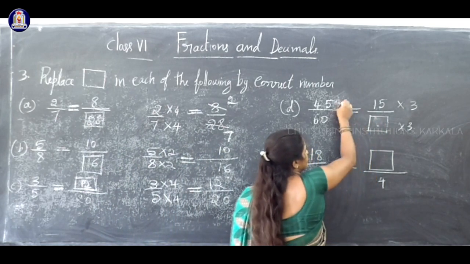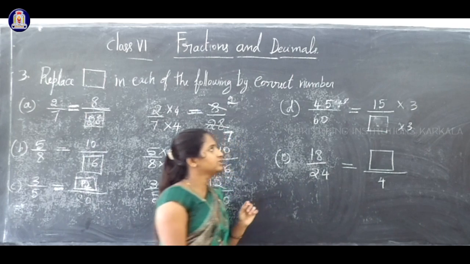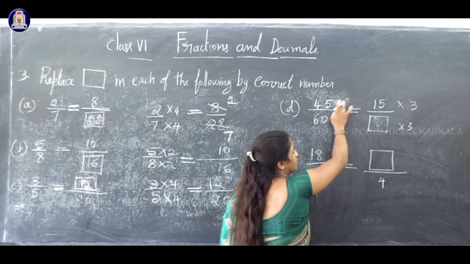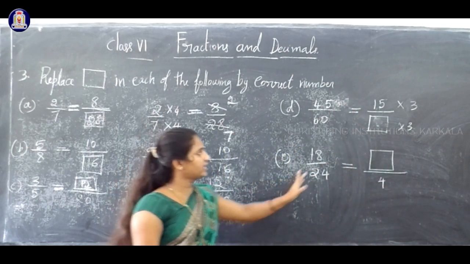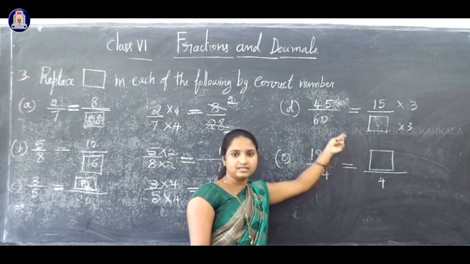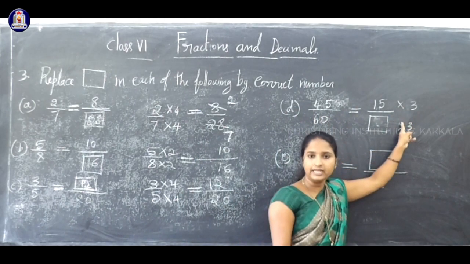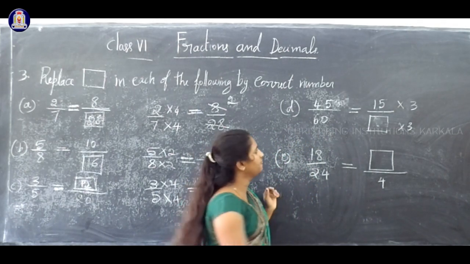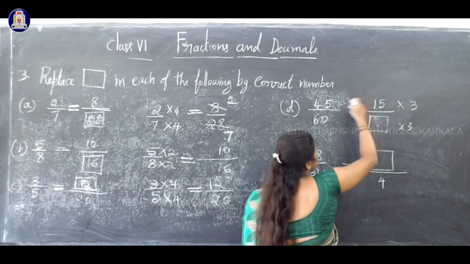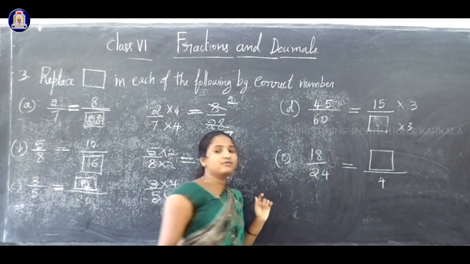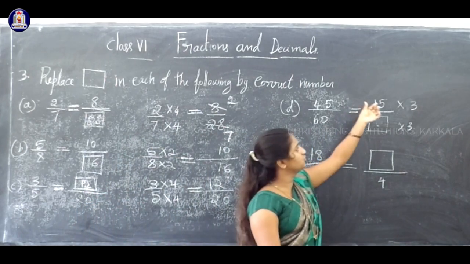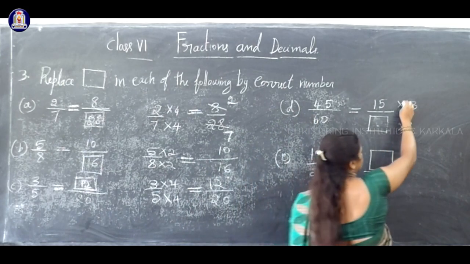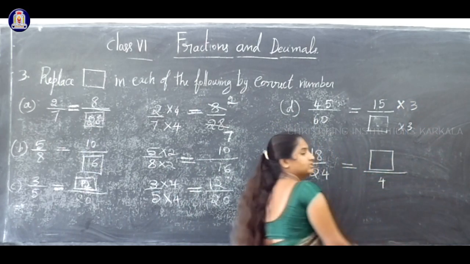Or you can do like this, divide by 3. Here you can divide by 3. Okay, you will get 3 how much are 45? 3 15s are 45. Two methods are there. You can divide the left hand side and find the answer, or just multiply on the right hand side and find the answer. The method is different but the answer will be the same. Yes, you have to think which number we can multiply to get the answer 45. Already 15 is given. You know that 15 3s are 45. So you must learn the table. If you know the table, you can solve it fast.